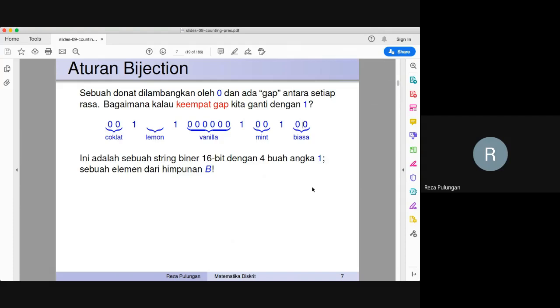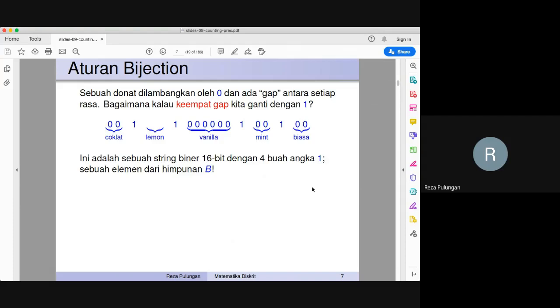No matter how you create this donut selection, however many donuts you have for each flavor, the gap must always be there, and there can always be 4 gaps. Because each of the gaps is represented by 1, this is exactly a 16-bit binary string with 4 ones.